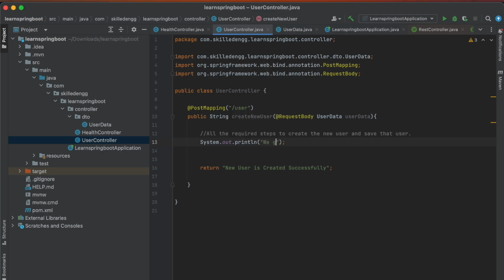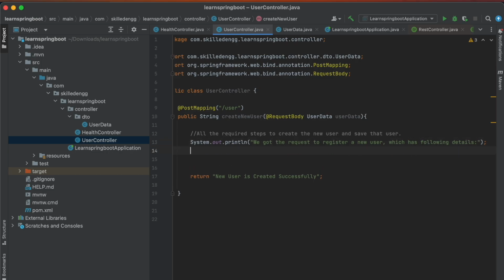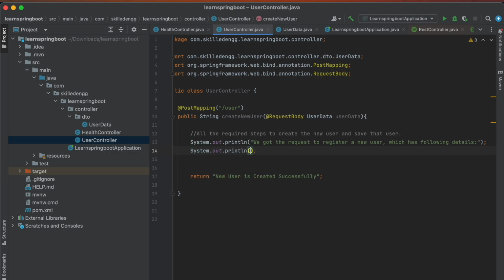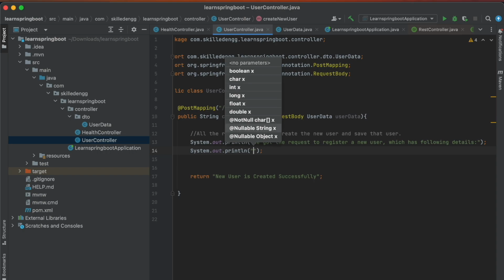So we got the request to register a new user which has the following details. I'm keeping this like this. Now I will print all these things which we will get in this user data.